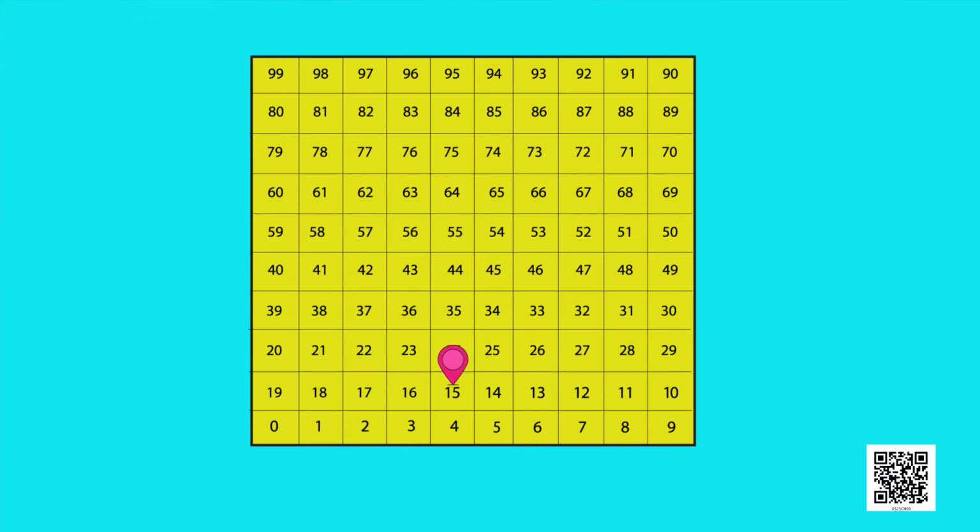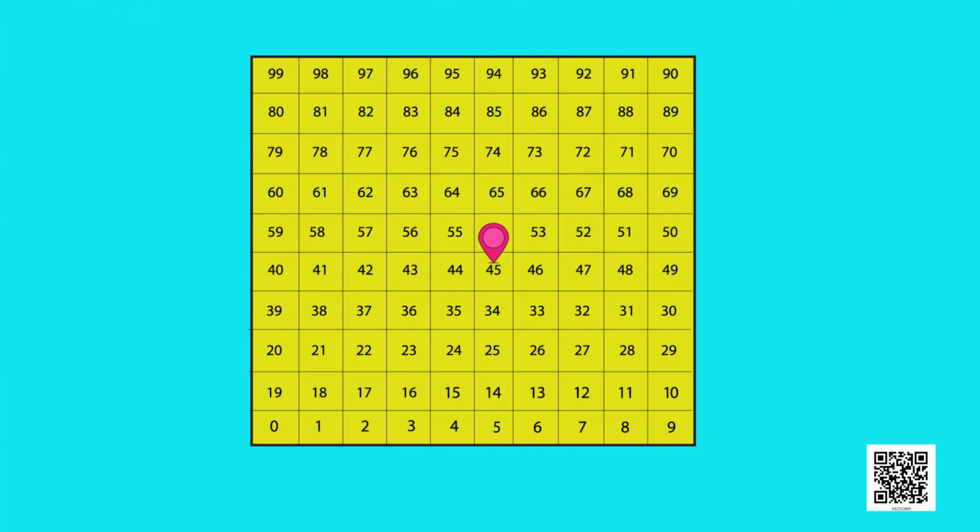Similarly, this will continue on 15, 18, 21, 24, 27, 30, 33, 36, 39, 42 and 45. So this way we can do skip counting by 3 and cover all the numbers. So children, we have done skip counting by 2 and by 3. This is nothing but the table of 2 or the table of 3.